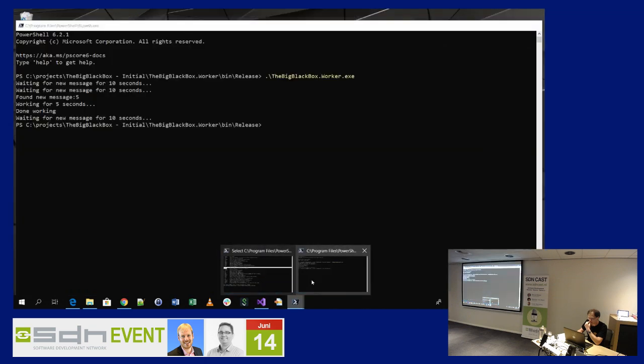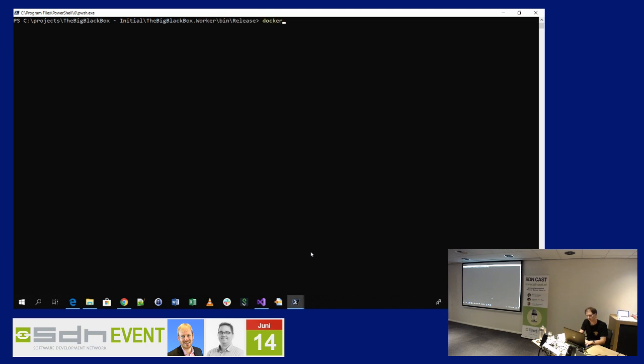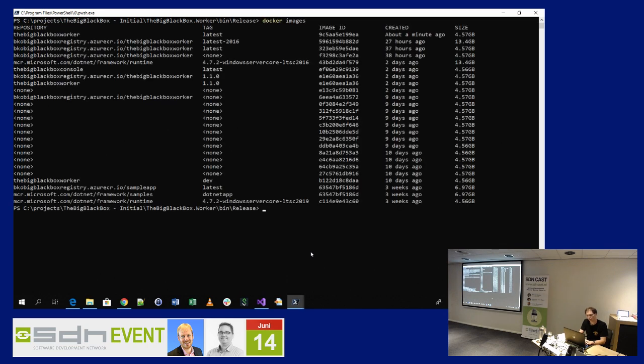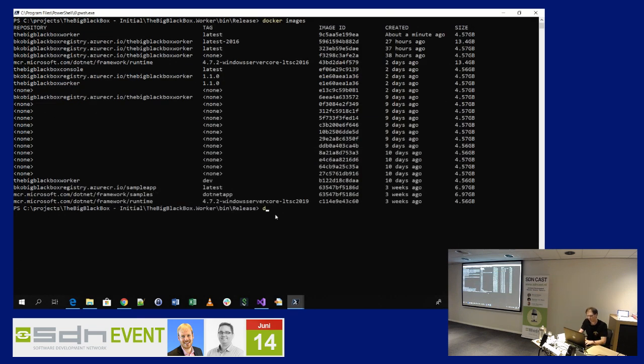And now I can view my Docker images. And you'll see that about a minute ago, it made a new one of 4.5 gig. It's called this with the tag latest. So now I could run this already. You saw that I ran it over here with the local version of bin release. But I could also run